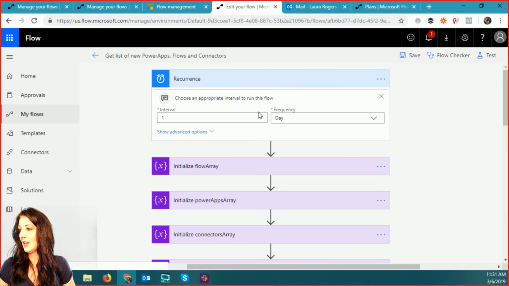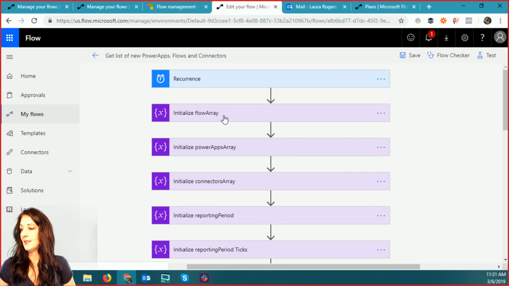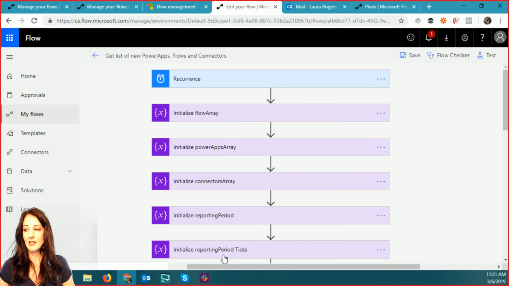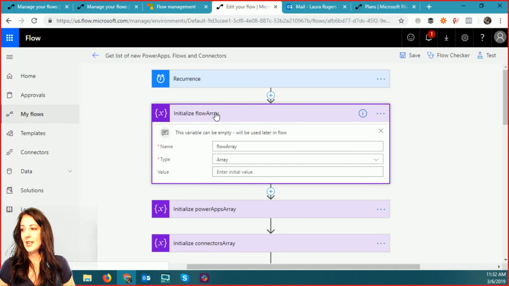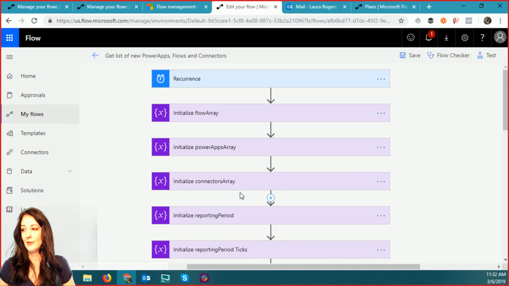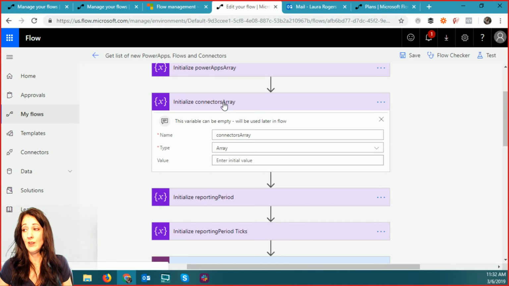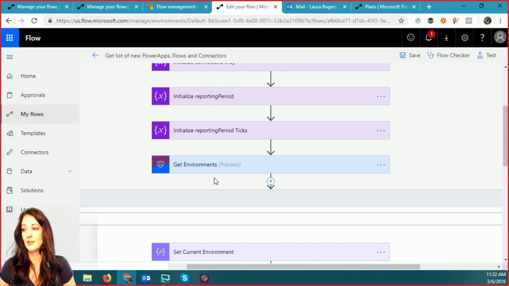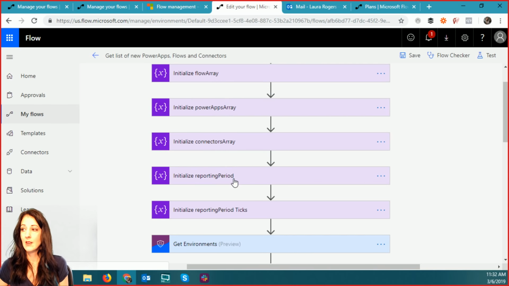So once a day, first of all, when you use variables in Flow, you have to initialize them first, and you always have to initialize them right at the beginning of the workflow. So all this is doing is initializing a bunch of arrays, basically to turn them on, to say that you want to use them later. So it looks like a lot, but all it is doing is saying that I want to use all these array variables. An array is a list of stuff. I'm not a dev, but I know that much. Okay, so